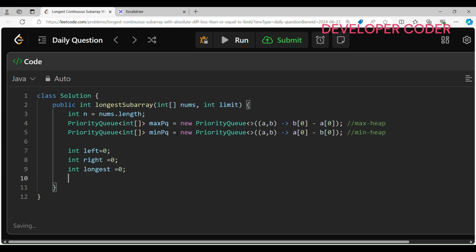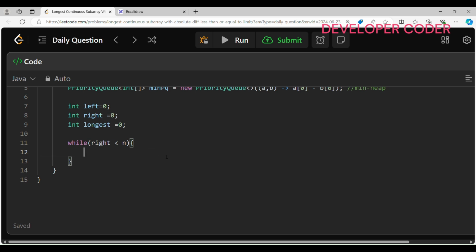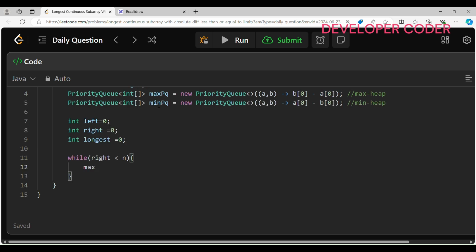Then I have to run one while loop, while my right is less than n. Every time I am moving my right one step forward. Initially both my min heap and max heap are empty, right? So initially just offer the values. Max pq dot offer,